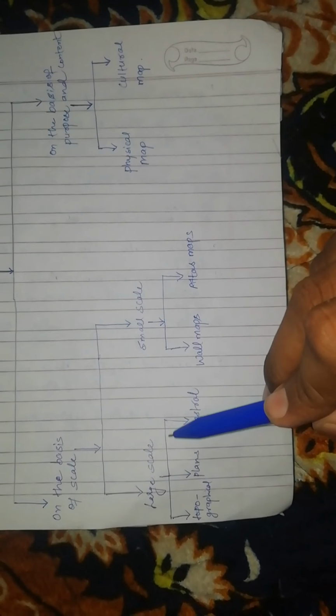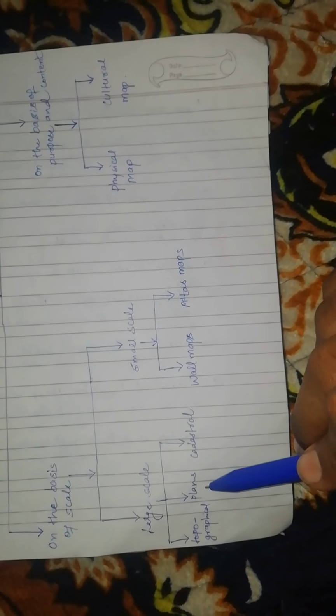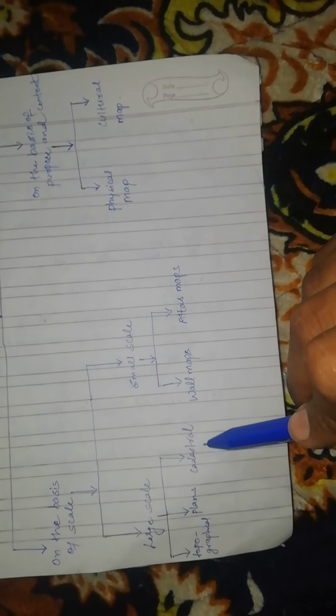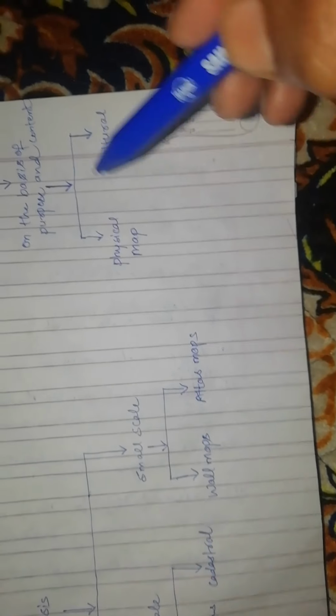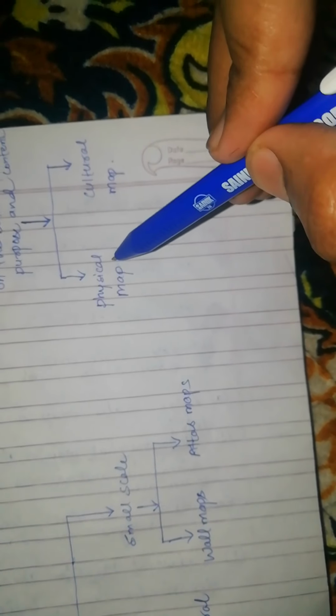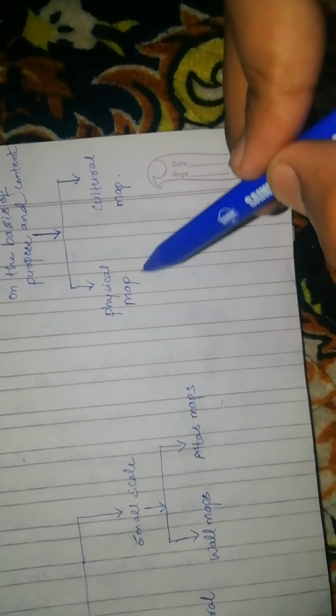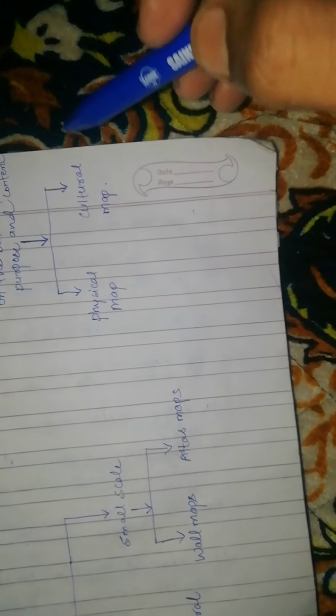Large scale is divided again into three parts: topographical plans, cadastral, then wall maps, atlas maps. And on the basis of purpose and content it is divided into two types: physical map and cultural maps. So let us have a bit of knowledge about the